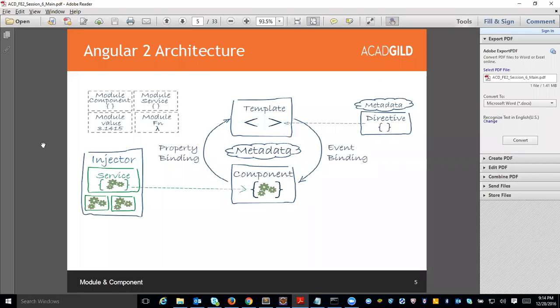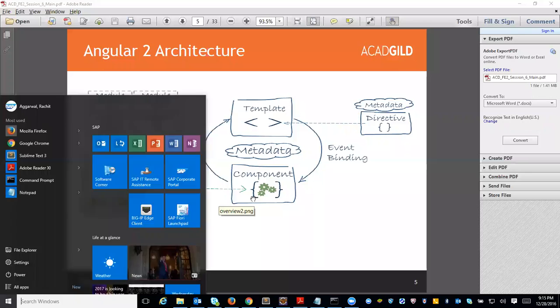So let me tell you about the architecture of Angular. What all things will you be seeing in Angular 2 code? First of all comes the concept of component. In Angular 2, everything is a component. Every UI is a component. Basically, Angular 2 works on the concept of components, in which we divide everything component-wise. If I tell you via Paint,